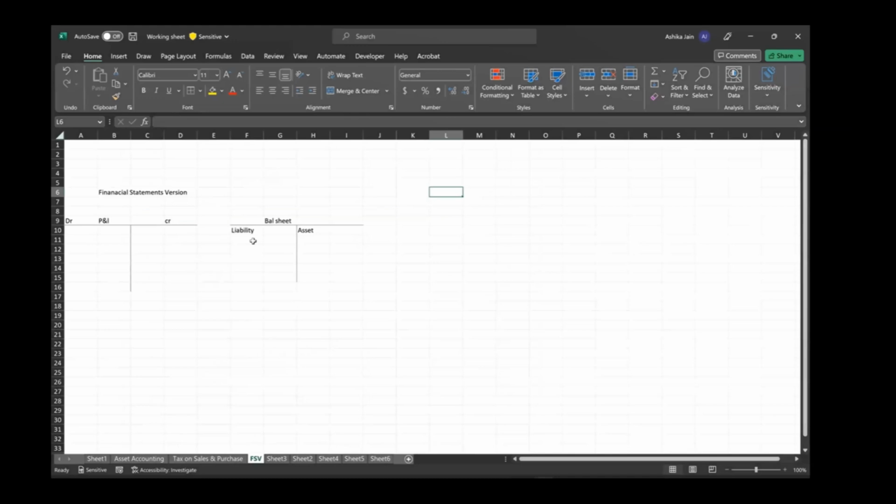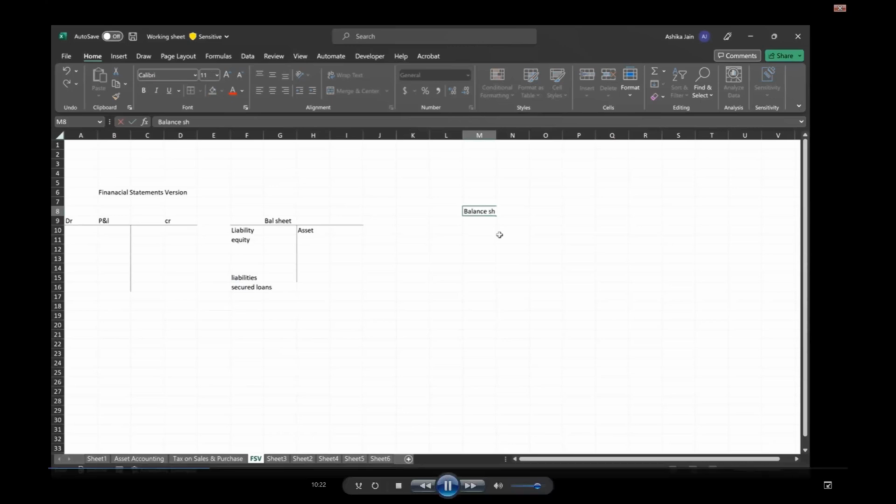So instead of going like this, if we have to go here like that, we will show equity like this, right? And below equity we will have different things, and then we will have liabilities, other liabilities here. Under liabilities we will have secured loans, non-secured loans, right? So instead of this format, we just made it a horizontal format where we will say this is my balance sheet,